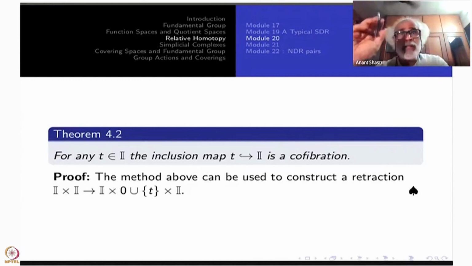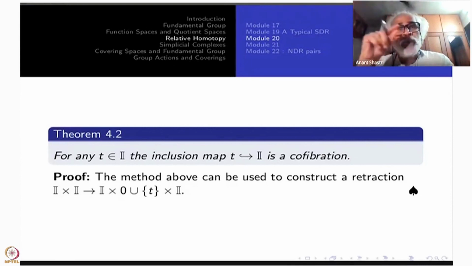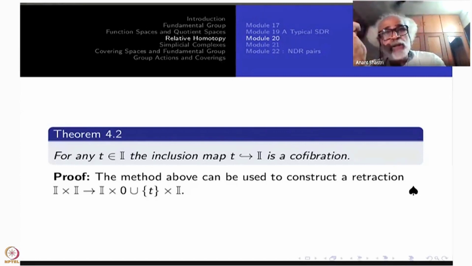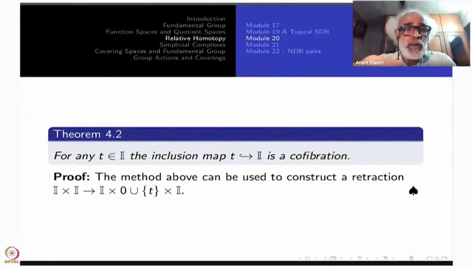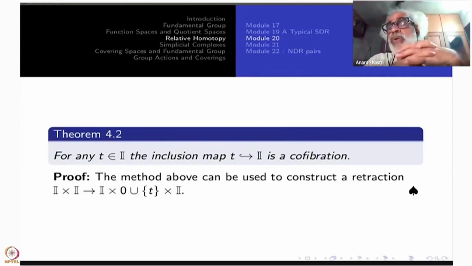So this is the trick. You reflect it on the other side. So 1 was a retract; now you retract it on the other side. So instead of two end points, you will get a central one, an edge here. The above method of construction can be used to prove that any such inclusion map is a cofibration. Go back to that theorem, that proposition, and try to prove that the retract is possible. That's all.